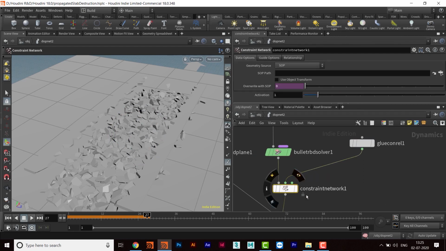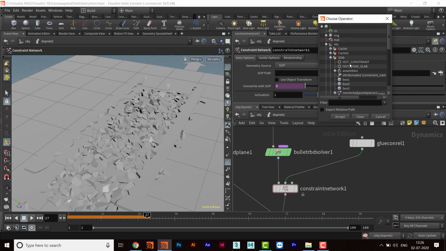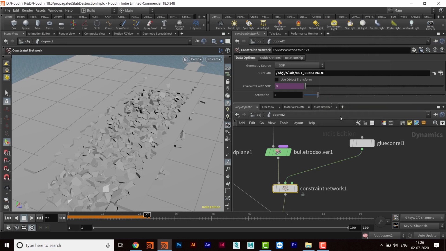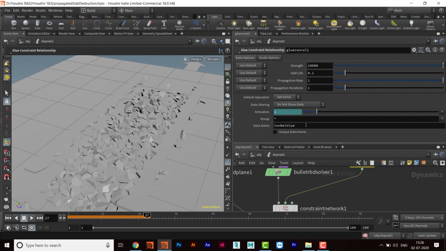So I will come here in the constraint network, and then in the swap path we will call the constraint we just created. So that is out constraint. So that will be taken there. And here in the glue relationship, we will go down and name the constraint we wrote there in the attribute, that is glue, all small.